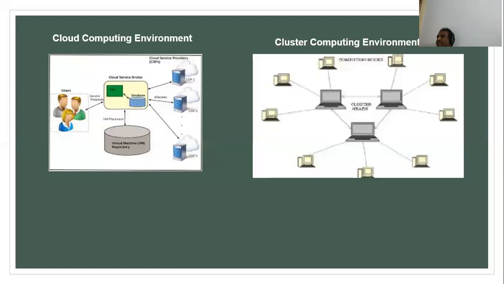In distributed, the data in one server has to be replicated to another server. But here it need not be so. It can be replicated, or it need not be replicated. This is a way of connecting computers, and that is why it is called a cluster computing environment.